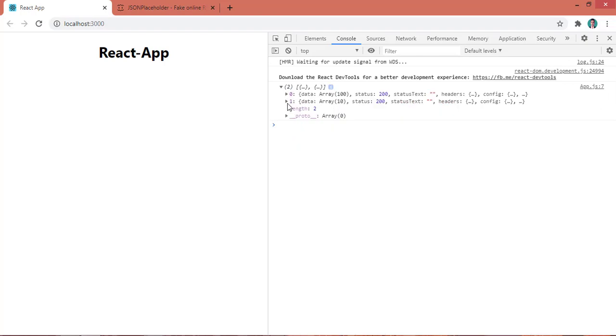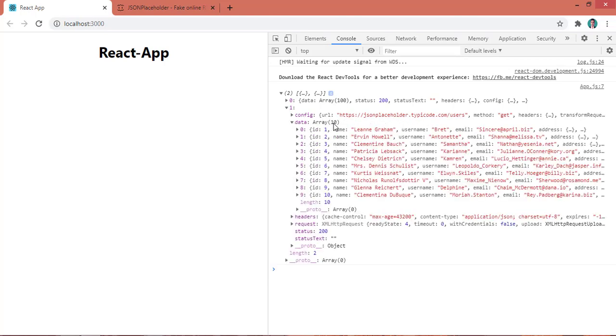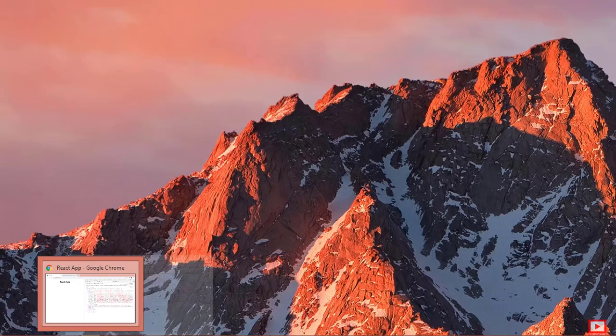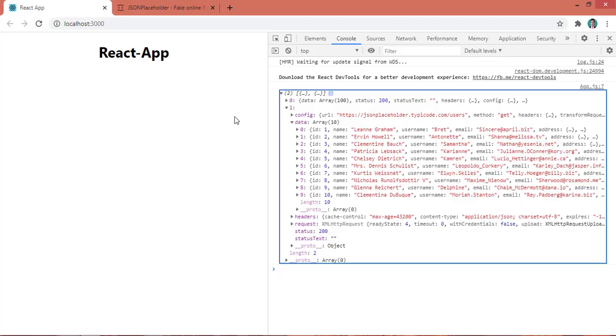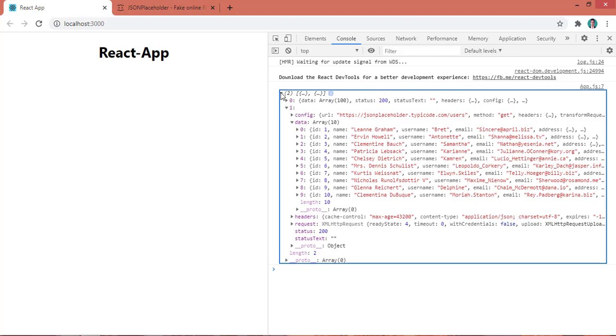Okay, in the first position I have the data of 10 users. Now, how it's working: here I have given the post first, so first I will get the response of the post, and second I will get the users, and this is inside an array.